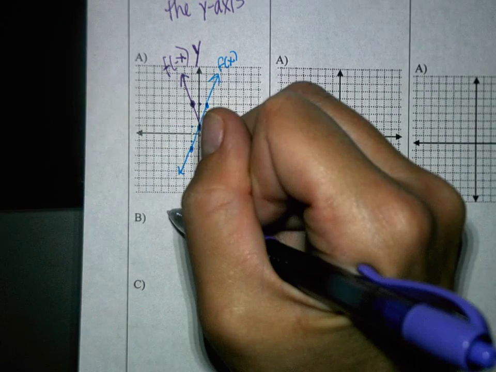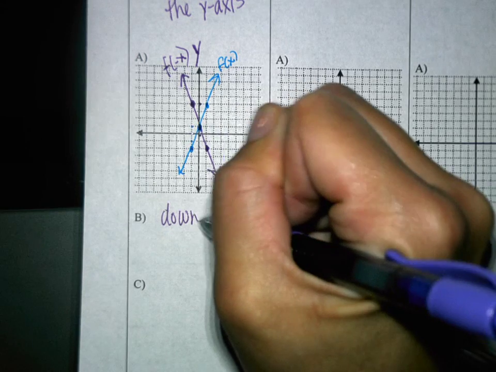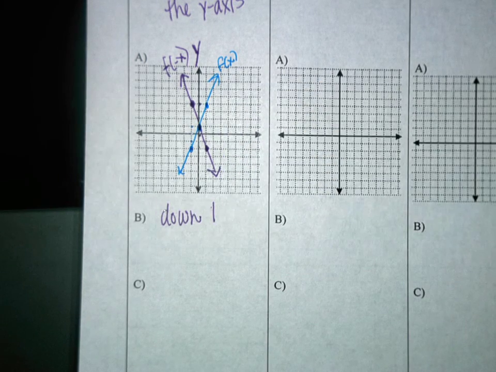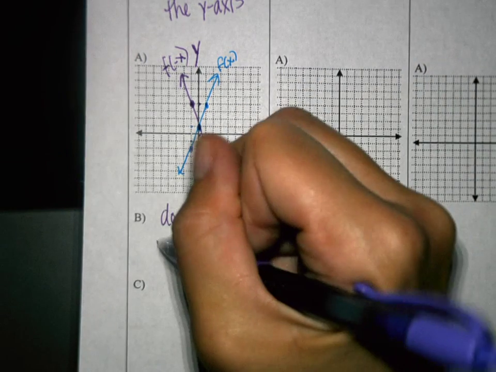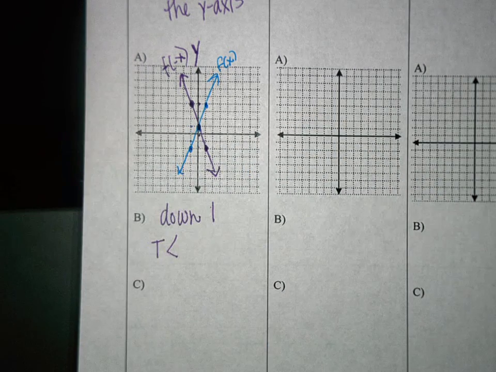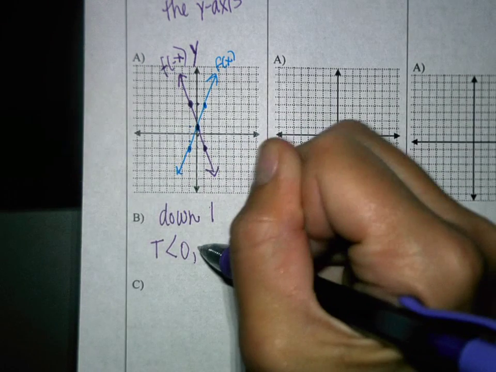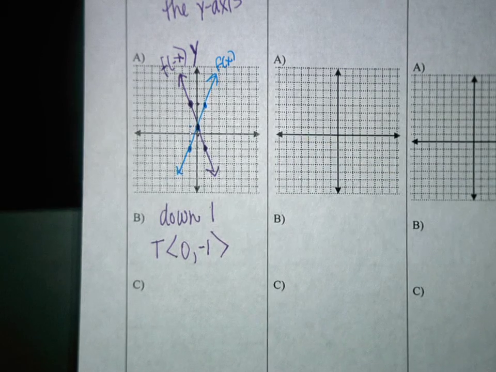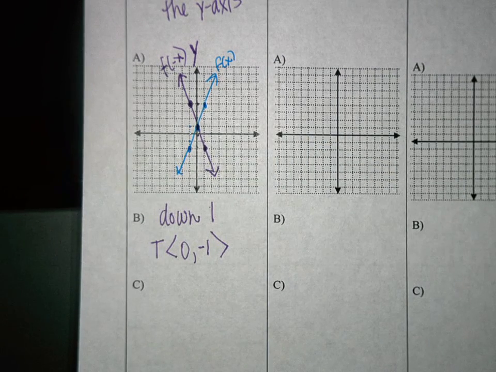So this from the parent graph, because we've been talking about parent graphs even though it's not on my graph, it would translate down 1. How do I write that in this form? 0, negative 1. Okay, and then